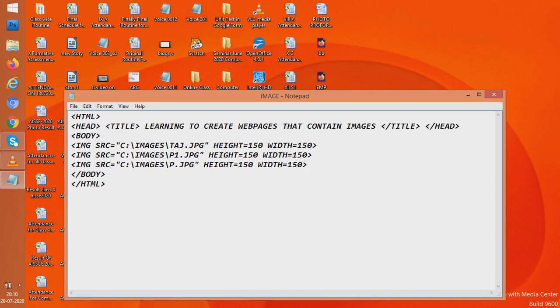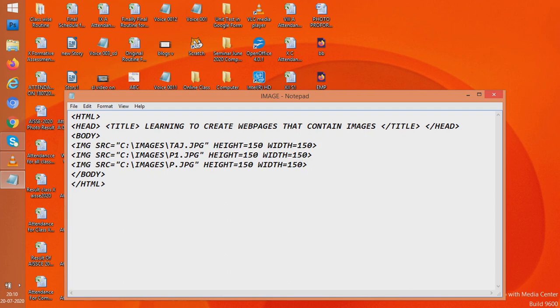Students, 150 is the number of pixels, picture elements, which we had talked about in the previous class. So the unit for height and width is picture element. Here you can even give a percentage of the whole web page. If you had given height equal to 50%, that means half of the web page vertically, and if you had given width equal to 25%, that meant that you wanted 1/4 of the total width of the web page to be used for the image, but here we are giving it in pixels.